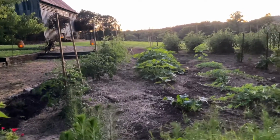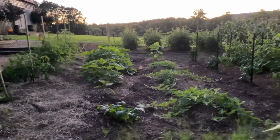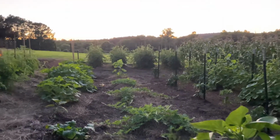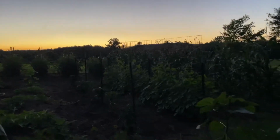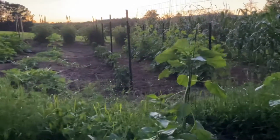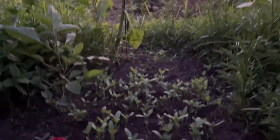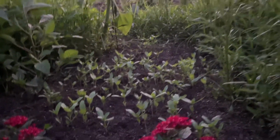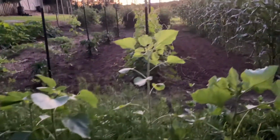Our tomatoes there to the left. Squash, watermelons, tomatoes up on the hill. Flower beds here. Some zinnias, just doing awesome down there. Cucumber vines,